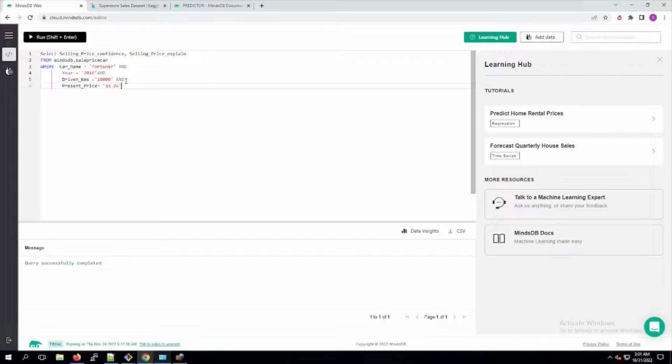And then we have explain, which would give us a few other details that we'll be looking at once this query is run. From, we have the name of the predictor, and in the where clause we have given certain parameters where we have the car name, year, and the kilometers, as well as the present price. So if I go ahead and run this,